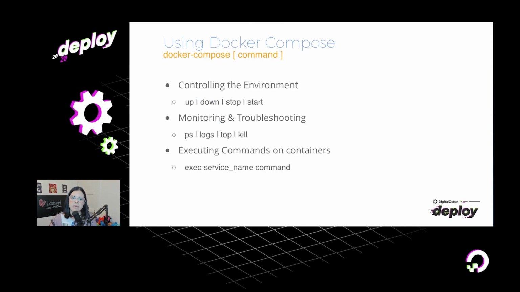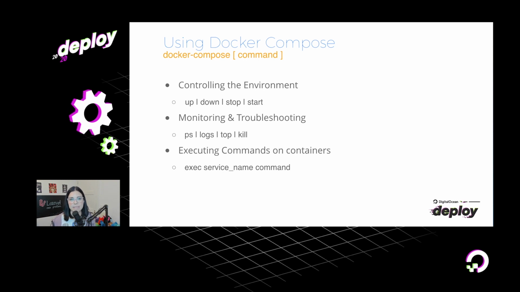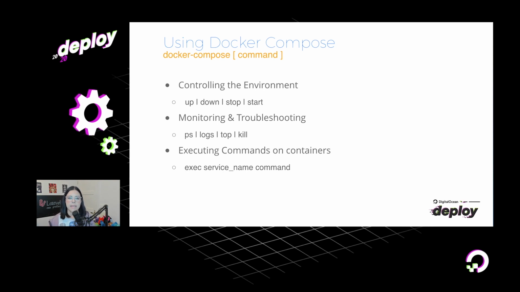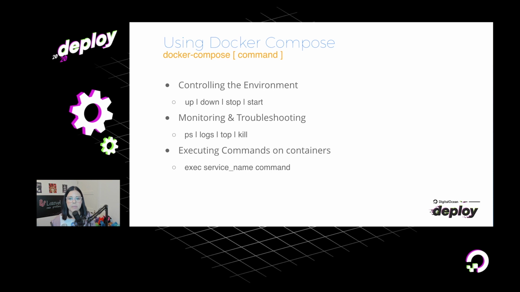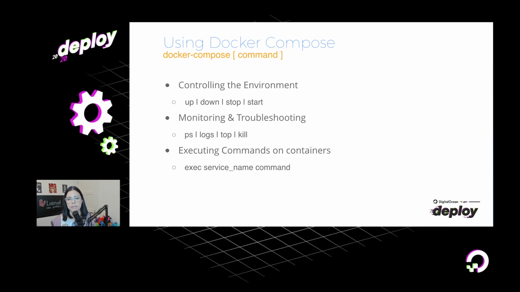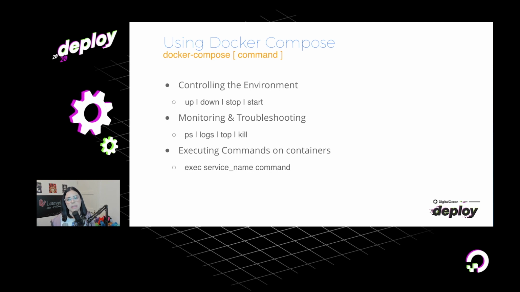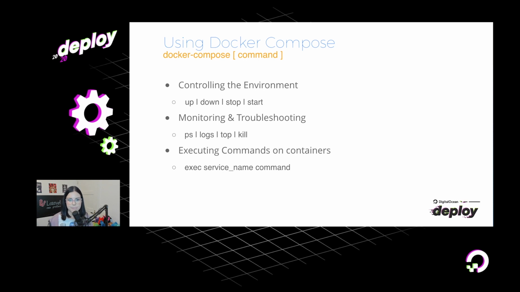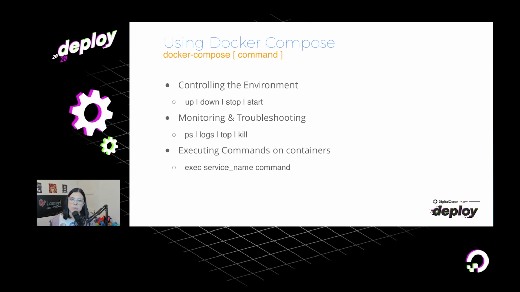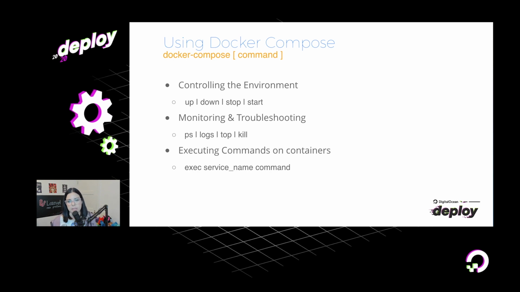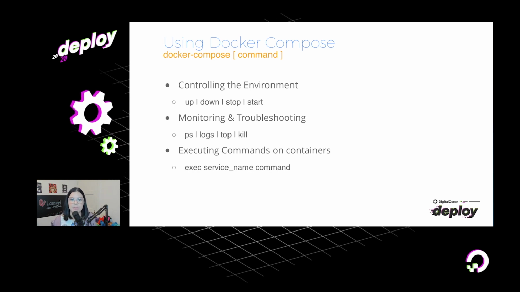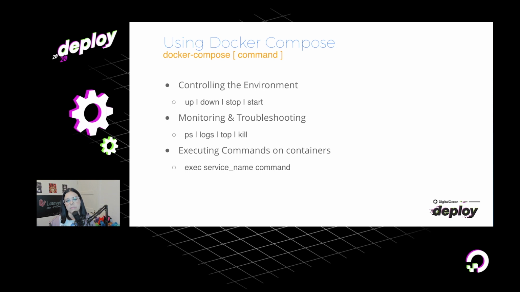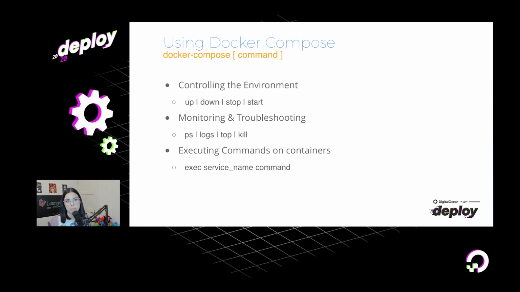Okay, and these are the most common commands that you can use to manage your environment. To control the environment, we have the up command we've seen just now. If you want to stop working for a moment, you can run the stop command, and this is going to stop the execution for now and keep everything safe. When you want to come back, you can run Docker Compose start, and you get right back to where you left off. If you run the down command, this is going to destroy your volumes, networks, everything is going to be cleared up.